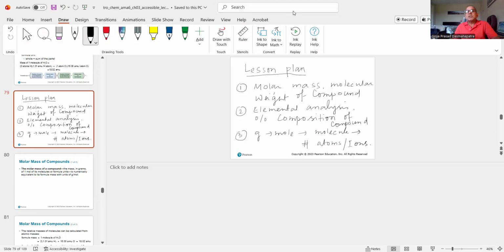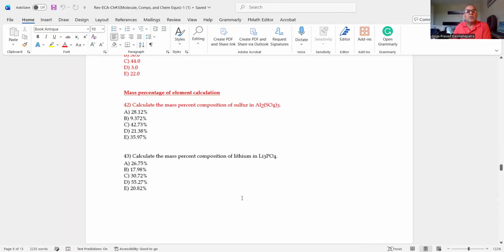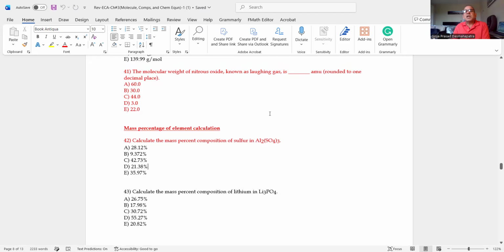So let's go and see what kind of problems we are supposed to look at. Let's look at the examples. We will be talking about the molar mass or molecular weight of compounds like aluminum sulfate and lithium sulfate, as well as